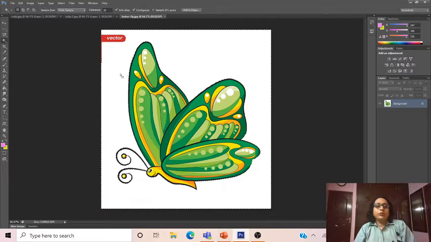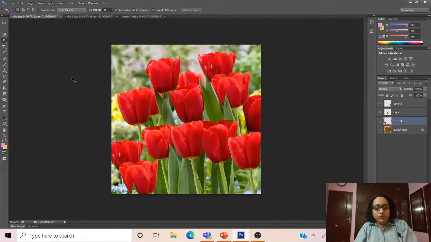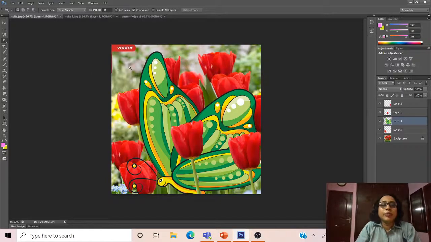So what I will do right now, there are certain keystrokes which I'm going to explain to you later on. So we have now done a control inverse selection. So we will select only the butterfly, and we go to the flowers to paste it.